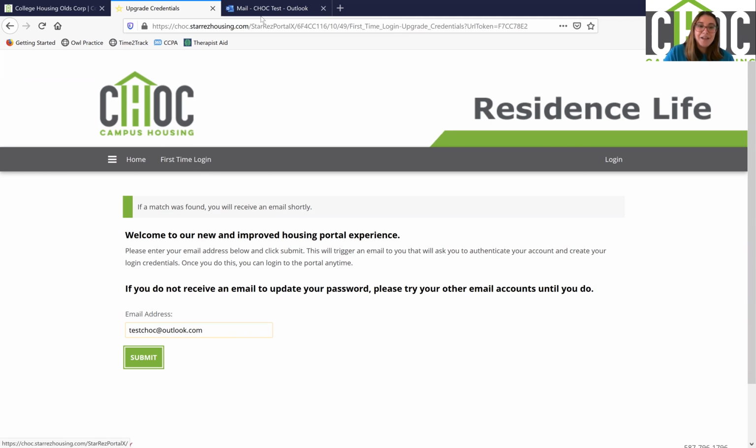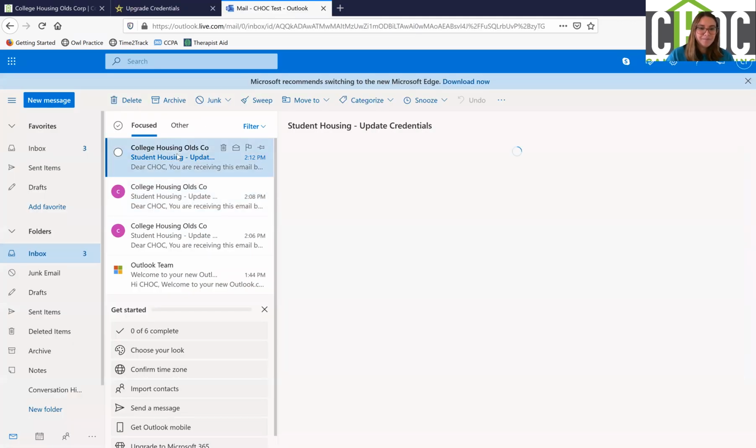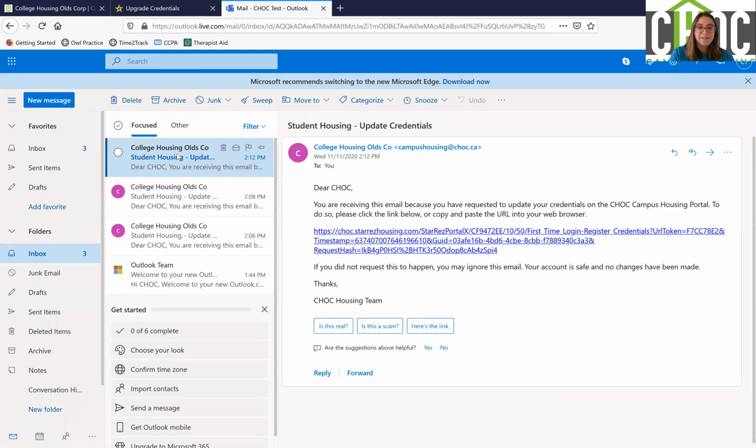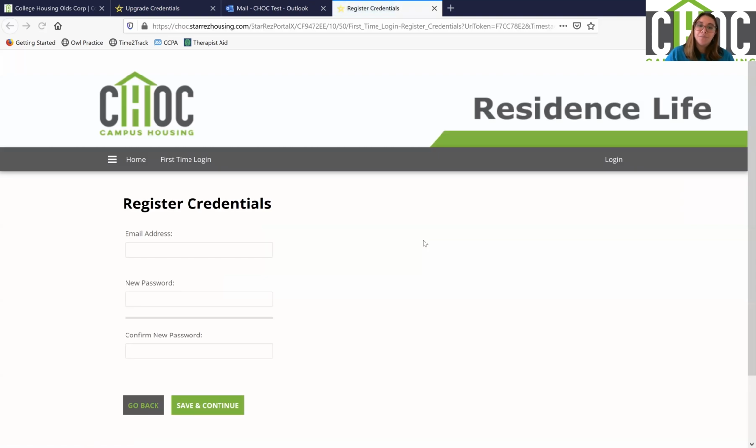All right, so once you have received that email, you're going to click on the link here. Within the email that's called Student Housing Upgrade Credentials, there's going to be a link. That link is going to redirect you back to the portal where you can upgrade your credentials. So in the email address section, you're going to want to use the email address that you just got the link from. So we will type in the email address,